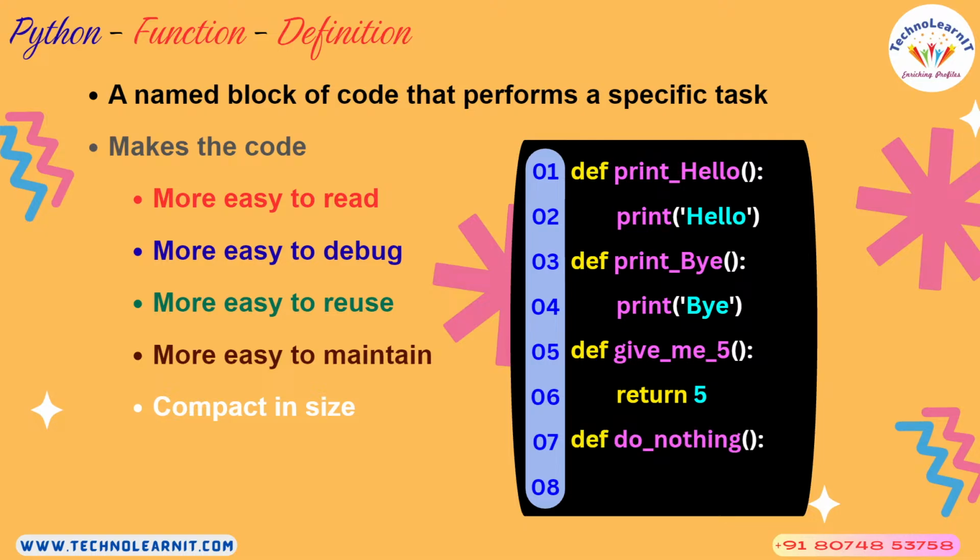There is one more function by name do nothing, and it also has only one statement. What is this pass? Pass is a keyword again in Python, and if you want your function to do nothing, then you have to write the statement pass, so that control comes back to the function which has called this. I'll come to all those calling function and called function, but these are the examples of functions and how to write functions. And in this case, each function has only one line of code, one statement within itself.